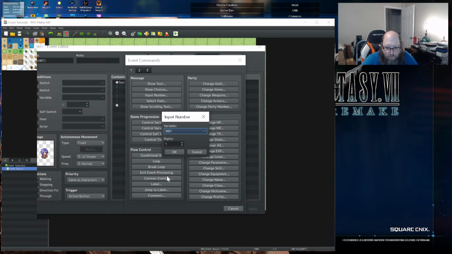You have input number, which allows the player to input a value, and that value will be stored in a game variable. So if you want to create a safe event or something like that, where they have to enter a certain number to open it, or some kind of lock or something like that, that's how you would do this. With that, you have select item,